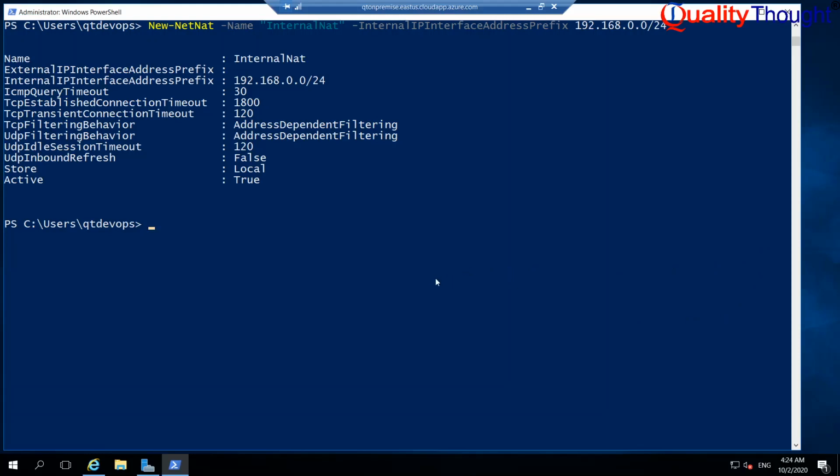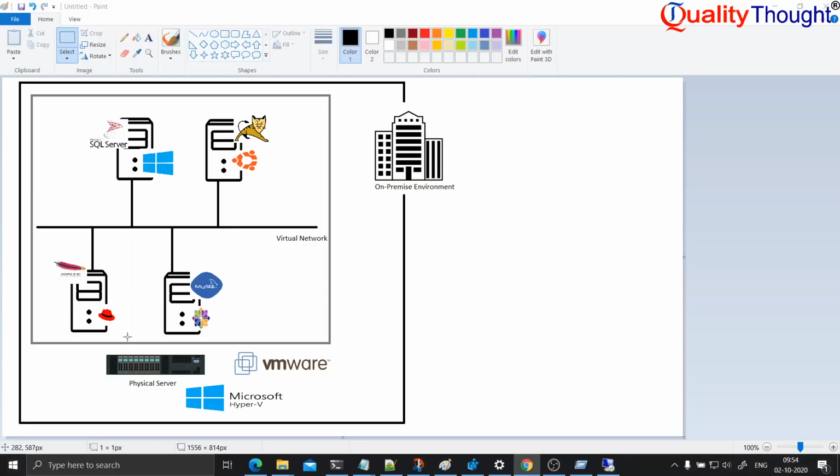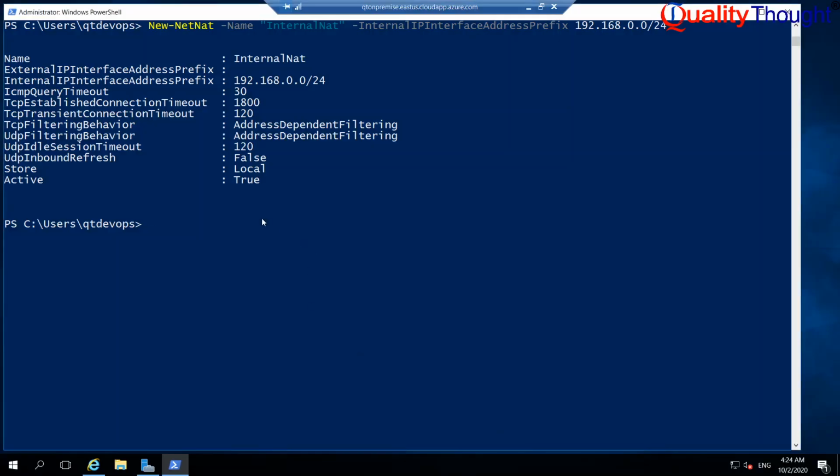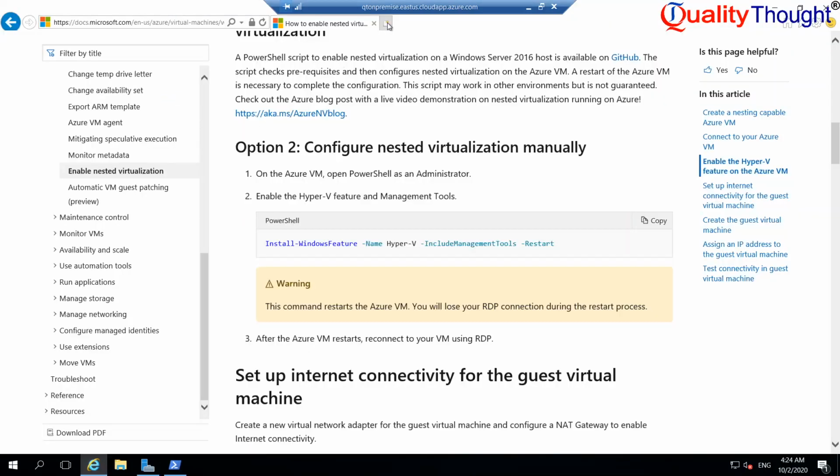Now what I want to do is create the virtual machines whichever we want over here. There are two ways of going about creating these virtual machines. One is you can create them manually by downloading the ISO files and all of that stuff, but I will not follow that approach. I'll be taking the help of a software called Vagrant. To install Vagrant or other software, I'll be installing Chocolatey.